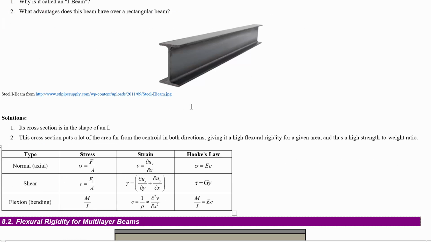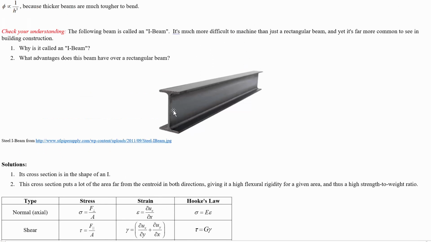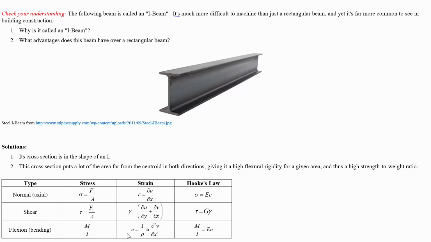So this is used because it is going to have a large amount of area far away from the center. Let's compare the flexion things to what we had before for Hooke's law and stress and strain. In axial loading, we had that the stress is the perpendicular force per cross-sectional area, and this leads to a strain, which is in the normal direction and related to the slope of the normal displacement per step in that direction. And the Hooke's law that relates the strain and the stress is that the stress is equal to the stiffness times the strain, where you'd have to use effective stiffness in the length direction,